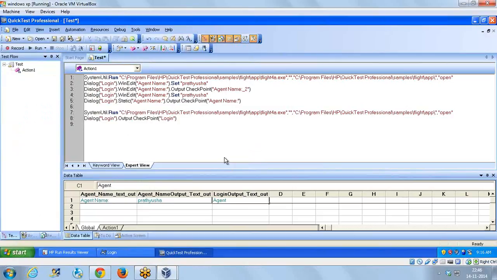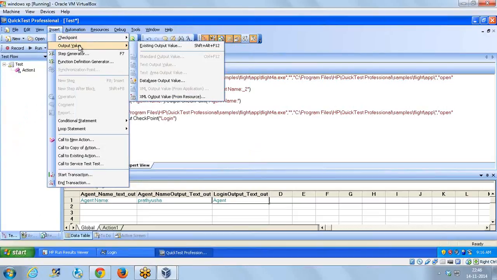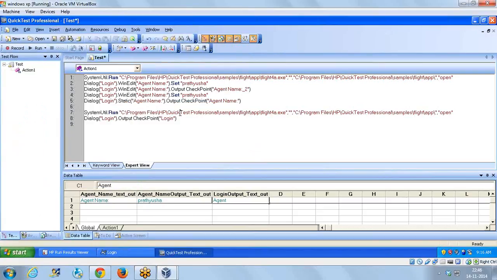So how would you use a text area checkpoint? Click on record again and then go to insert, then output value, and then click on text area output value. Now there would be a plus symbol appearing in there. Drag the plus symbol to the extent to which you want to select the text. Select the text in there and just leave it. It is going to add a single line in here called dialog login output checkpoint, and whatever you want to check. So if I play back this